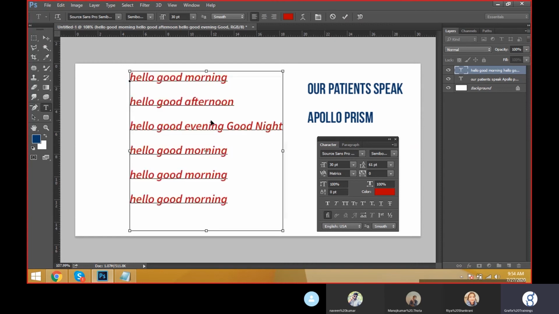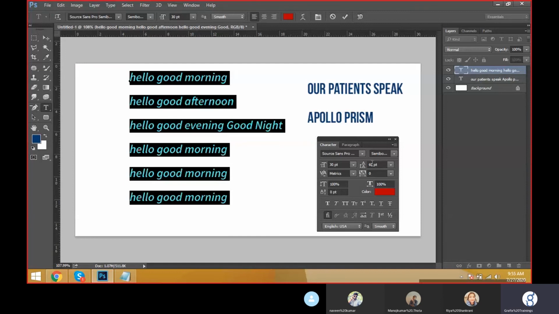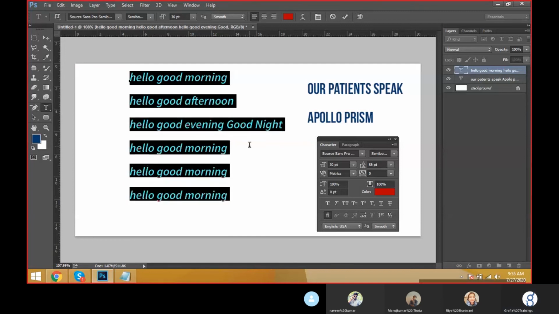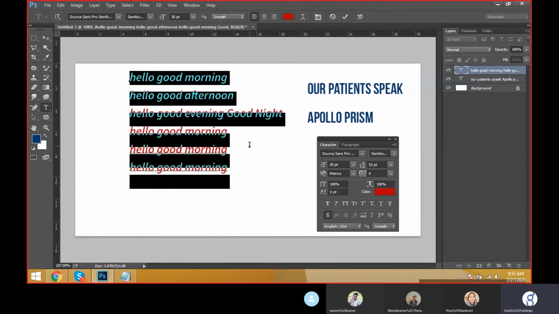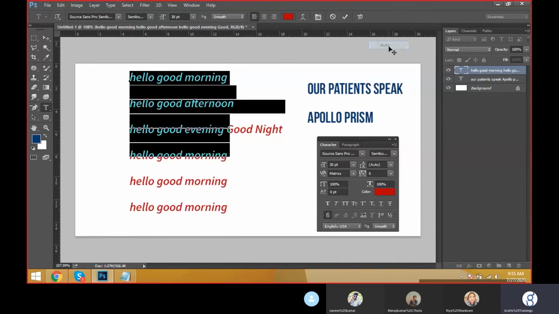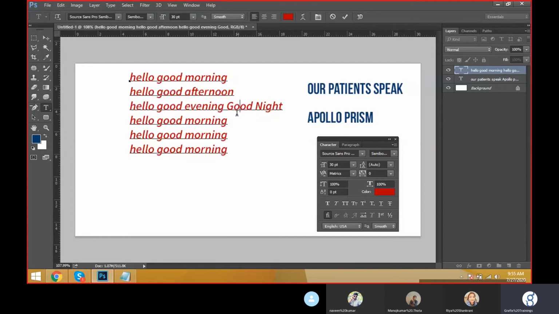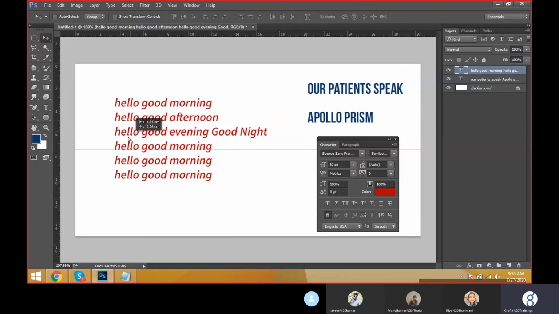Select the text, Alt down arrow, Alt up arrow. Here we can see the text. See, we can increase and decrease like this. And I can keep it at auto also. Auto means it adjusts automatically for perfect text control. Take the move tool, and we can move it from one place to another place.